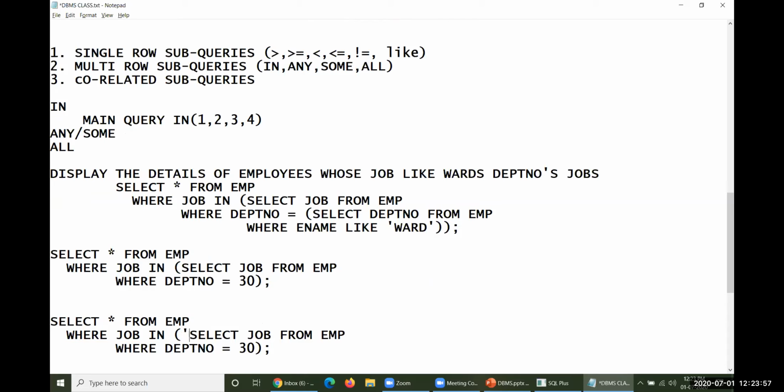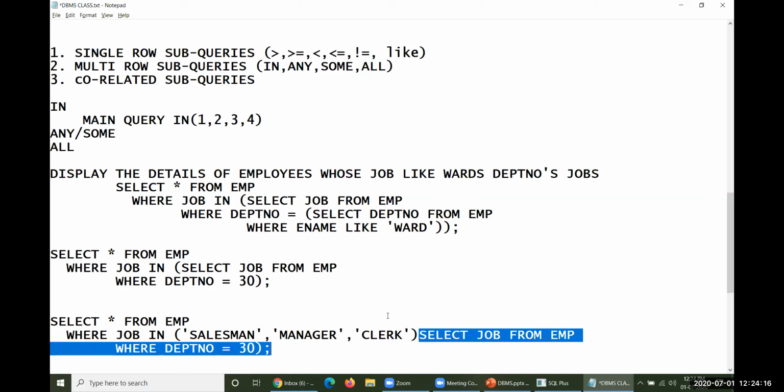Probably salesman, this is one value, manager, this is another value available with department number 30, and then followed by clerk. So on execution of this whole query, you got these values.